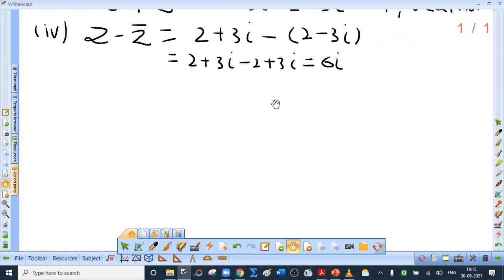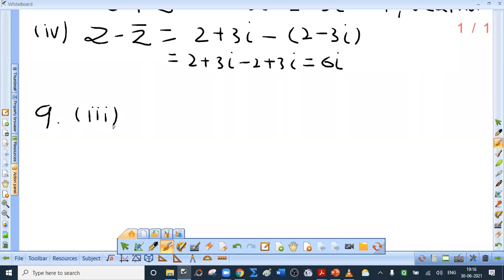Okay. Now we'll be solving sum number 9. Actually, first two you can do for homework. First and second for homework. Third and fourth we'll solve here. Third one is